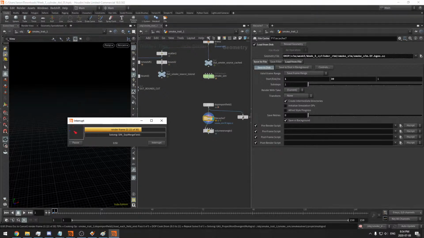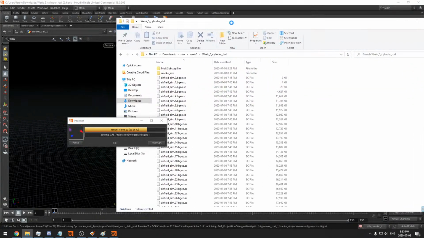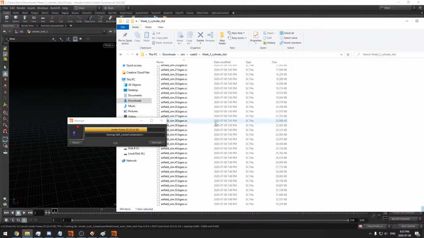I believe we're also missing the fact that I didn't change the substeps here to about 4 like the other one should have been. So if I go down to here, to the wrong folder, and this will be why we tend to make folders. Otherwise we end up with something like this where we have no idea what's what,